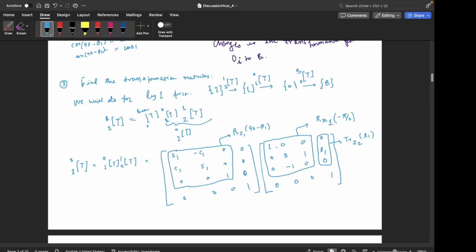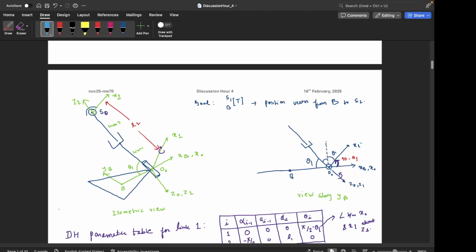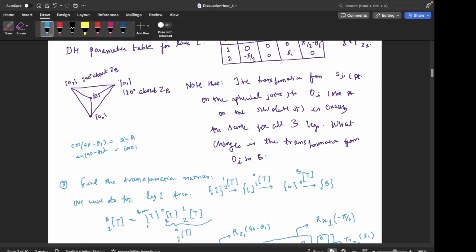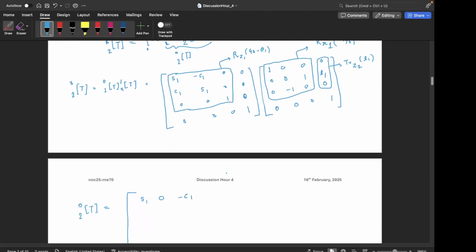Okay. So basically what we have is, this is X1, this is Z1, so this is about Y1, because Z cross X. The convention that has been used to take the direction of L1 is that, please note in this figure that this is X1, this is Z1, and the y-axis is basically Z1 cross X1. So this is the Y1 axis, and L1 is along this axis. Okay, so we should keep L1 here, and we can continue with